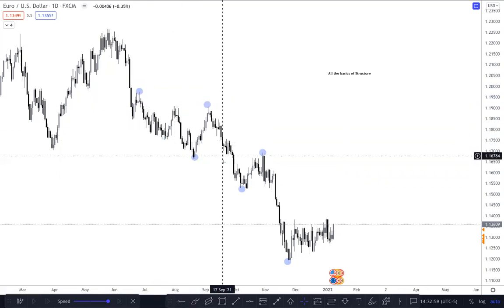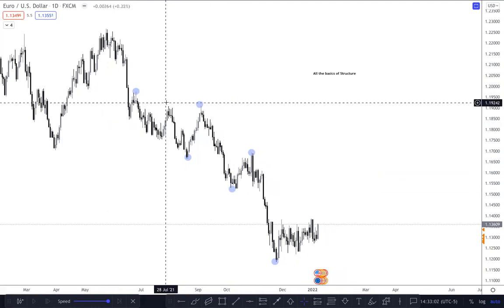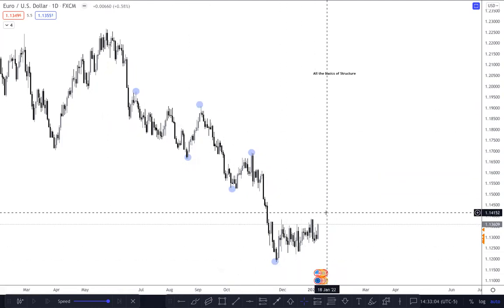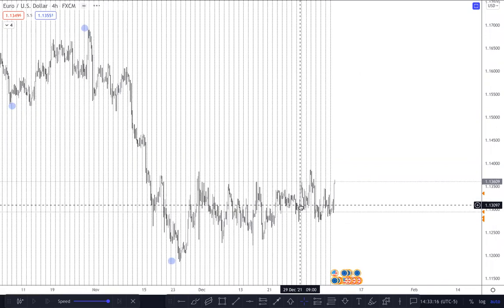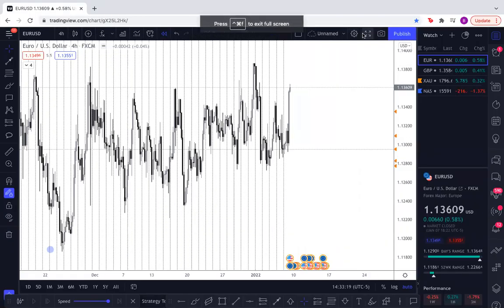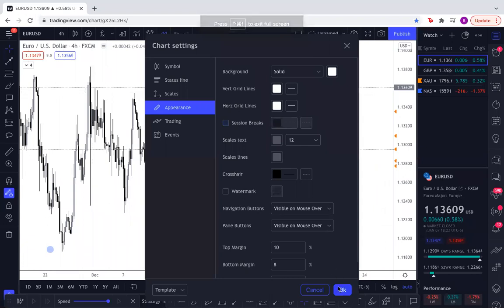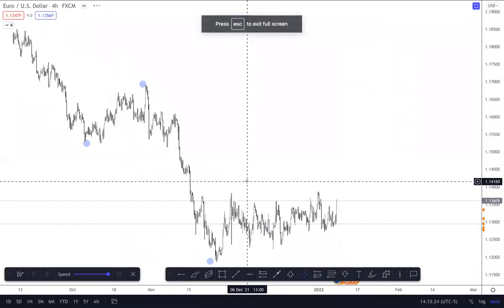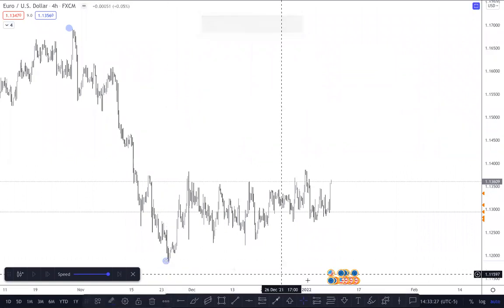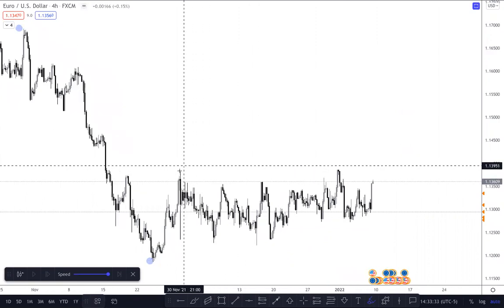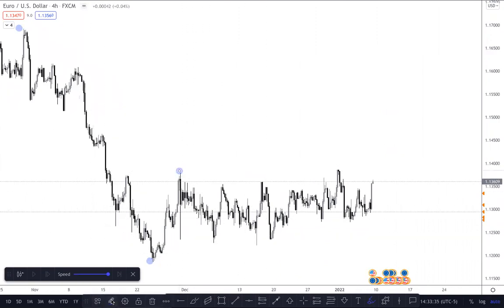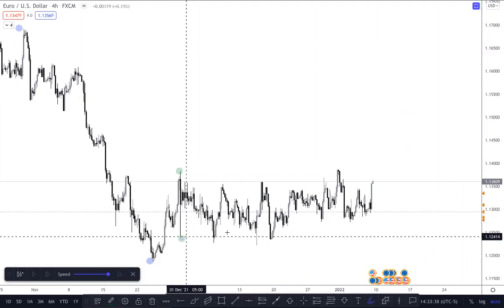So as we see here, on the daily time frame, we clearly have a bearish market, based on the daily structure points. After I'm done with the daily time frame, I generally move my way in to the 4-hour time frame. Once I'm on the 4-hour time frame, and real quick, let me take off session breaks. Once I'm on the 4-hour time frame, I then look for these structure points here. Very similarly, I will look for my higher highs and then my lower lows,